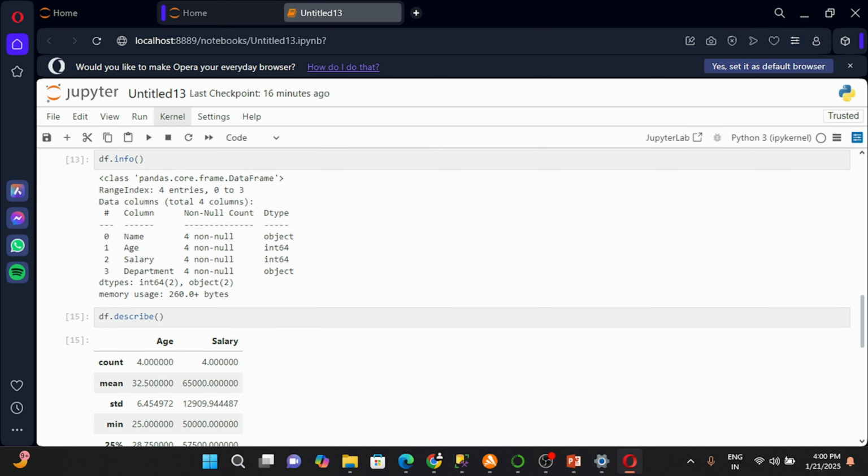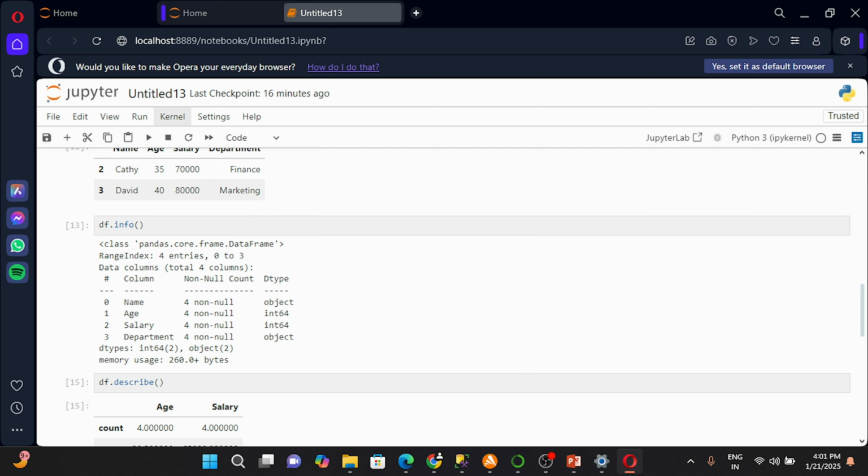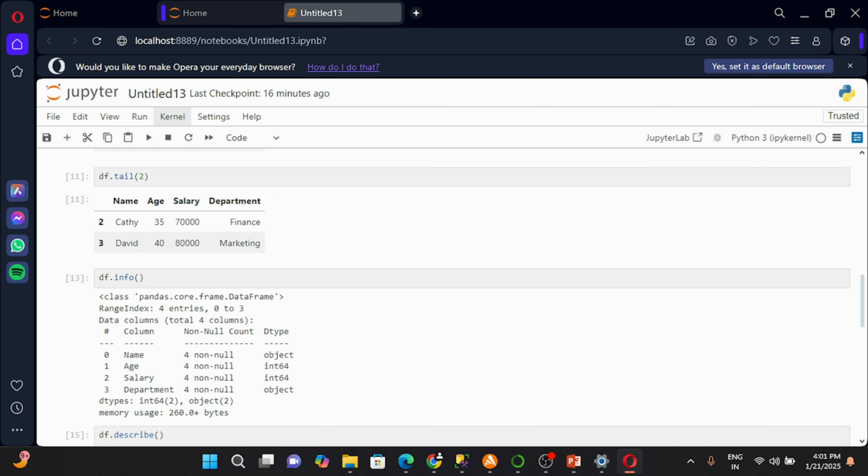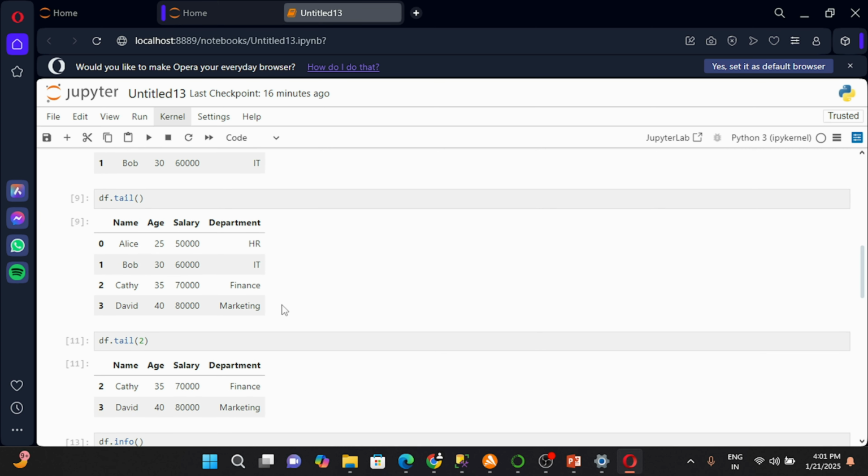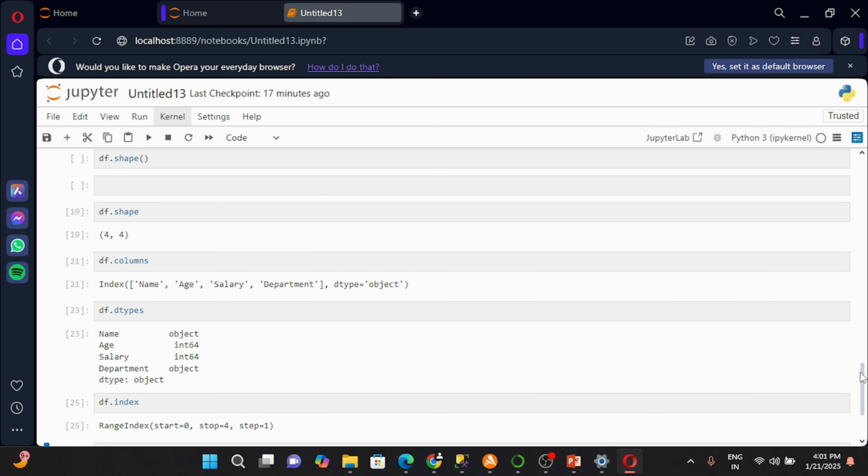The meaning here is that if you go above, you have four rows: one, two, three, four, correct? The start is from zero. If you are aware of the concept in Python, it starts from zero index position: zero, one, two, three, correct? So start means we are starting from zero. Then what is the other parameter in the range index?